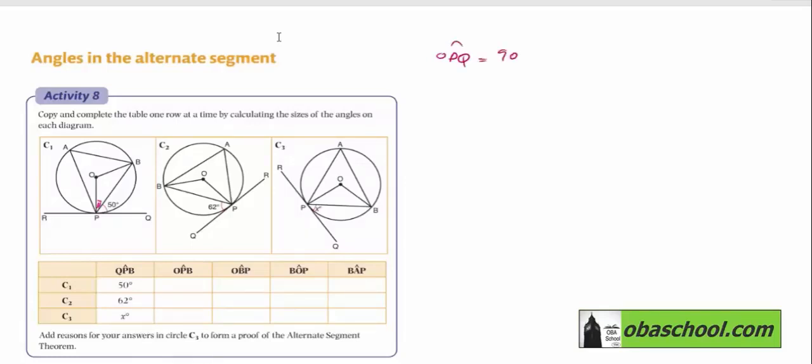So OPQ is equal to 90 degrees since it is forming a right angle with the tangent. Also, OPB is equal to the total 90 degrees minus the 50 degrees of QPB, which is 40 degrees. Now moving on to the second angle,